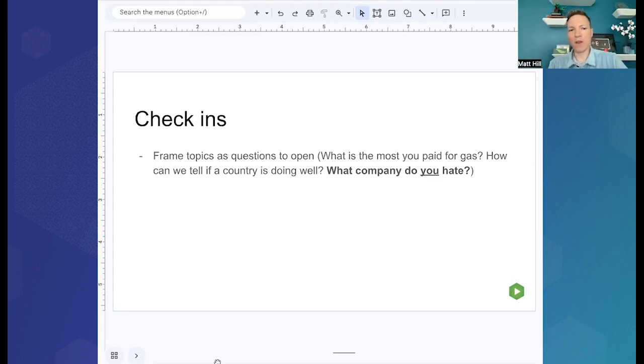So this is my favorite one to teach. Let me hop on the board. So I ask the students, to open the class, what company do you hate? I always ask this, and then I get answers from the students. So we can just try this right now. Let's see if it works. Sometimes it works, usually it works, but sometimes it doesn't.